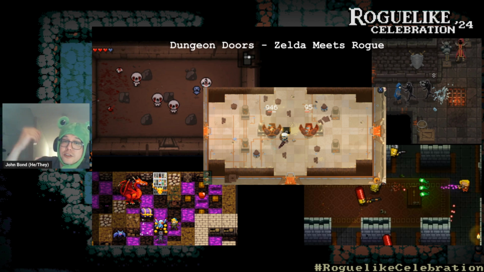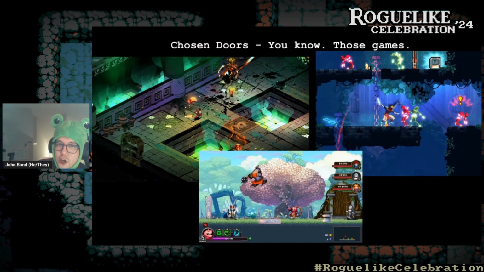Often, Dungeon Doors is good for games that want to focus on constant pressure and still allow for an element of exploration. It still can't have way too many mechanics within it, though, usually. Next one is Chosen Doors. For a while, a lot of roguelikes trended here, the bigger ones anyway, the more polished ones. You think stuff like Dead Cells and Hades, you often get choices within this that can change where you ultimately end up, or at least dramatically change how things play temporarily.